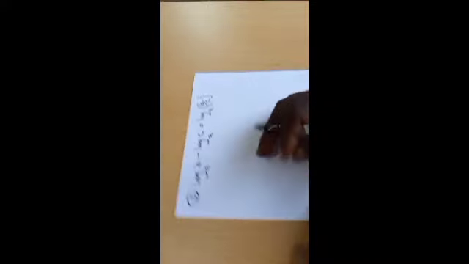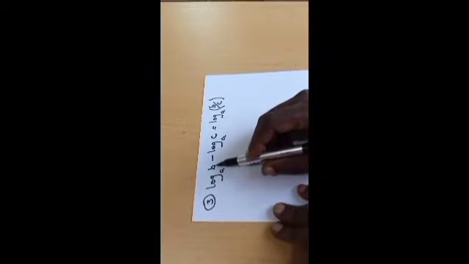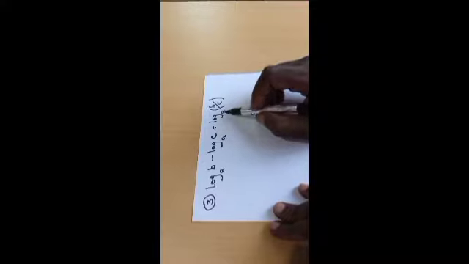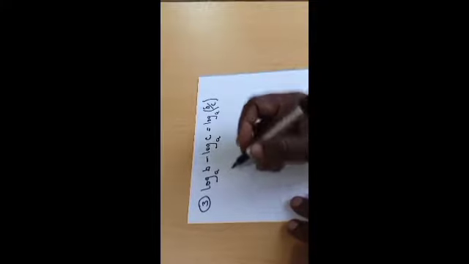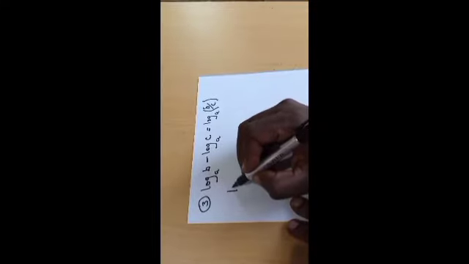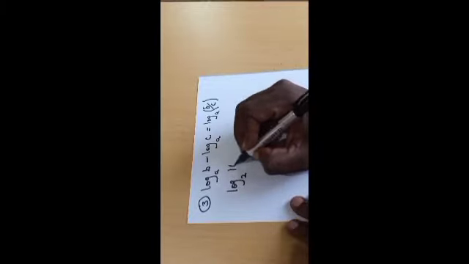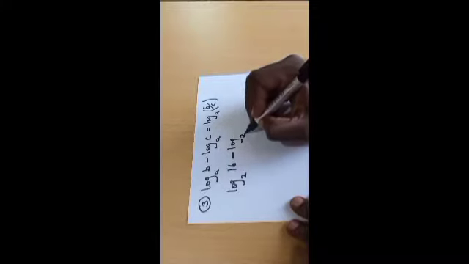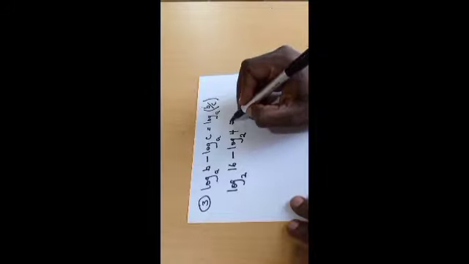Okay, now let's go to the next one over here. The next one is log base a of b minus log base a of c, and that must be equal to log base a of b divided by c. So let me just give an example. Let's say log base 2 of 16 minus log base 2 of 4. That must give us,